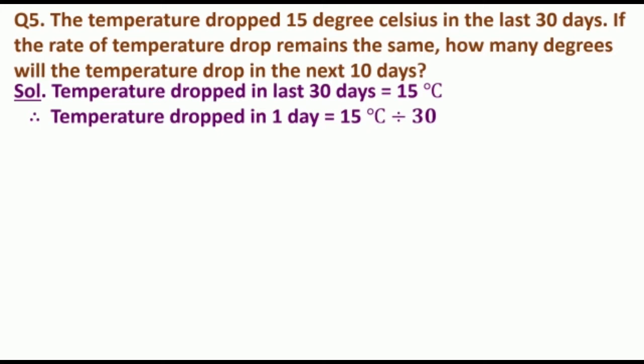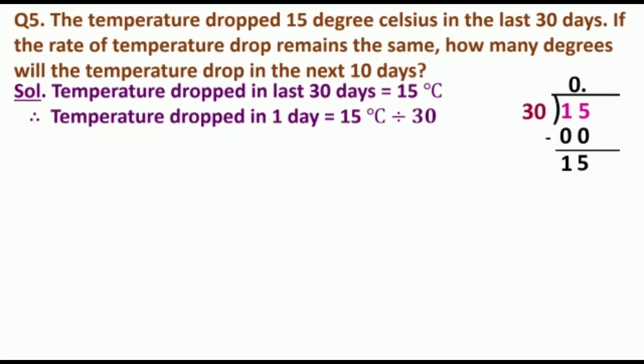So let's see how to divide 15 by 30. We cannot divide 15 by 30. So we will take 0 in the quotient. 30 zeros are 0. So we will write 0 below 15. Now subtract 0 from 15. You will get 15 only. Now you can put a decimal point after 0 in the quotient.